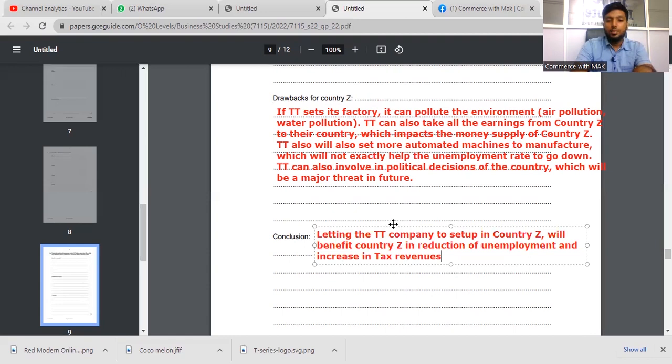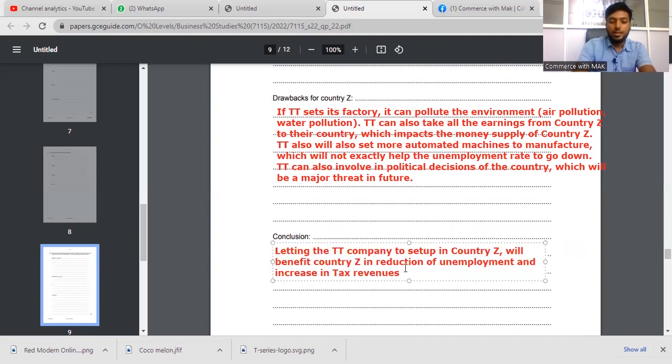So letting the TT company set up in country Z will benefit country Z in reduction of unemployment, increase in tax revenues, create a better living environment,